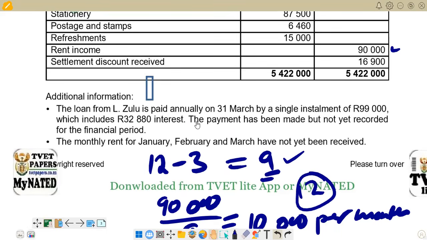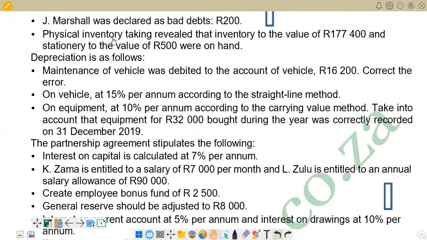If you look at the first point, we do not have a description of an income. It's about interest there, which is a finance cost. We go to the next page. You go down, you've got declared bad debts, it's going to be an expense. You go down to check. Then you come here now on physical